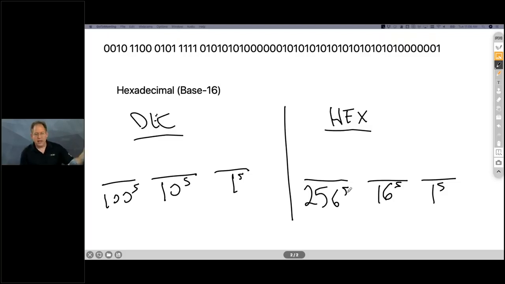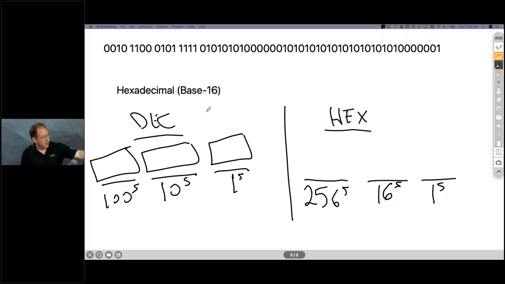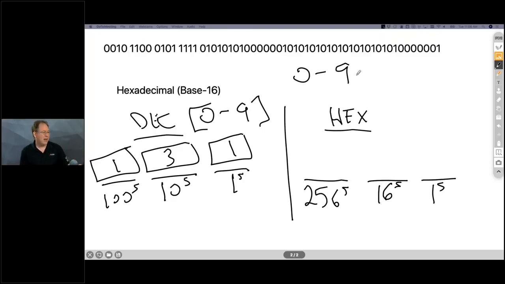Here's the next difference. In the world of decimal, each one of these placeholders could hold a digit from 0 to 9. Those are our 10 values we can select from. For example, I could have 1, 3, 1, which stands for 1 times 100 plus 3 times 10 plus 1 times 1, which gives us 131. Now in hexadecimal, because it's base 16, our first 10 digits are still exactly the same as decimal. We still have 0 through 9 for our first 10 digits. But then we still have 6 digits left to go because it's base 16. So now we go into letters. A represents 10, B represents 11, C represents 12, D represents 13, and then we have E and F,